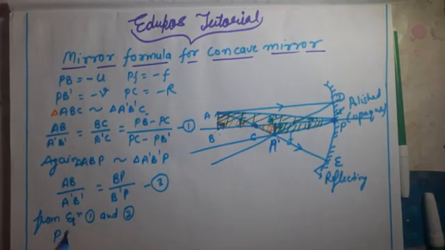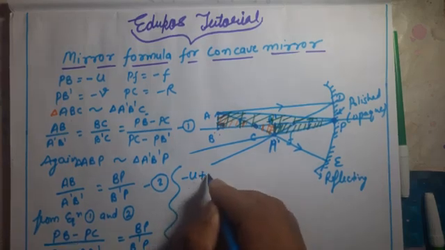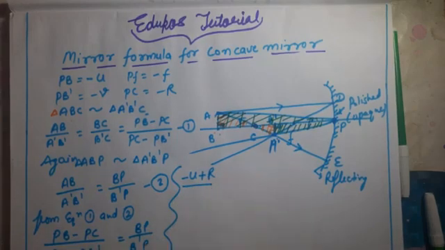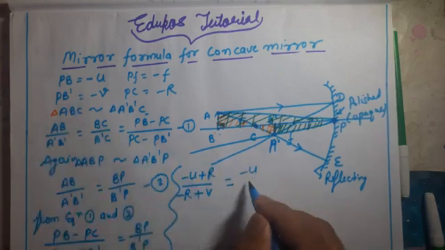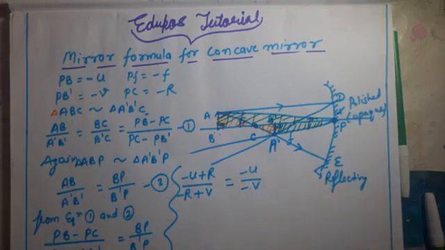So we can write PB minus PC divided by PC minus PB dash will be equal to BP divided by B dash P. Now PB is minus U, and PC is minus R. So minus minus becomes plus, so it will be plus R divided by minus R, and PB dash is minus V, so minus minus plus it will be V. PB is minus U and PB dash is minus V. These minus signs will cancel each other, and after cross multiplication,